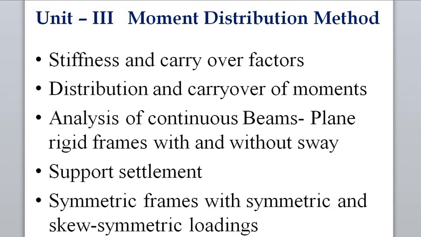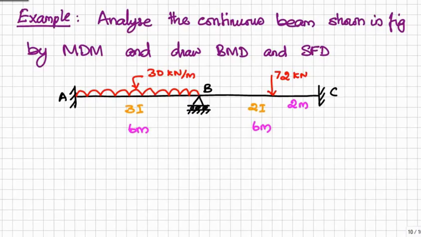So in this lecture, we will learn how to analyze a continuous beam by moment distribution method. So this is the problem. A continuous beam ABC, support A is fixed, support C is also fixed,